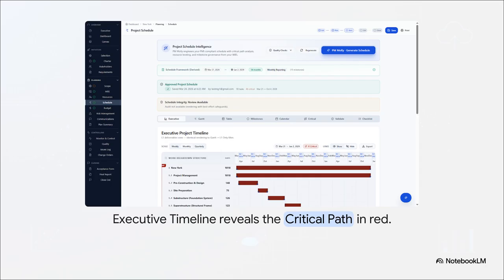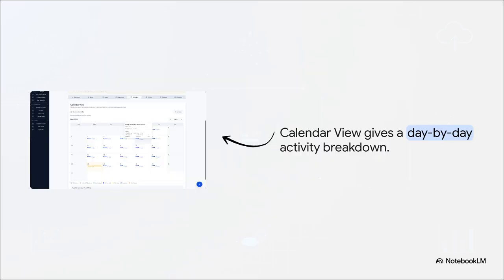And remember, any delay on that red line directly threatens your final delivery date. You can also toggle over to the calendar view if you want a day-by-day breakdown for daily tracking. But keep in mind, PM Molly is super strict about WBS schedule fidelity. That structure is immutable here. You can edit the durations and the timing attributes, but you absolutely cannot change the core WBS elements from this